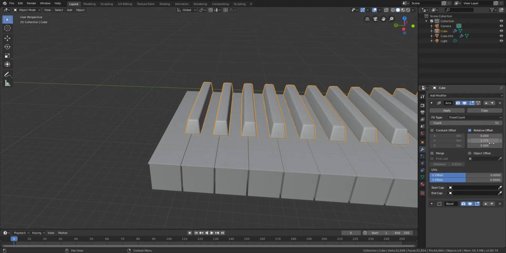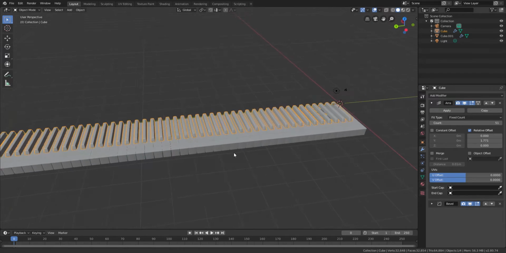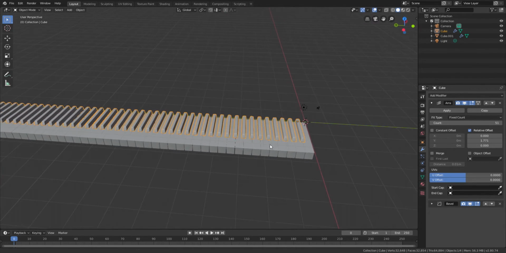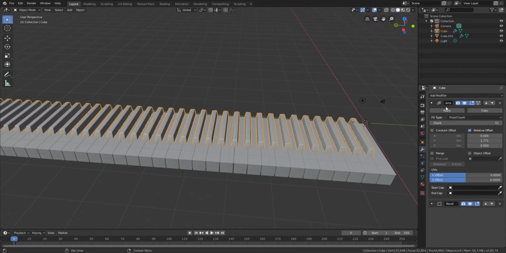The number for me is 1.771, so a very peculiar number. Now what we're going to do to get that pattern of the 2-3-2-3 is we're going to click apply on